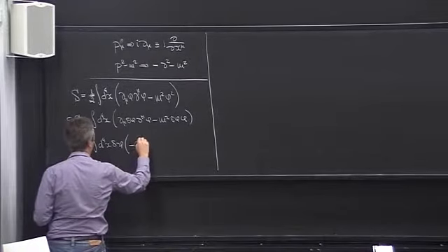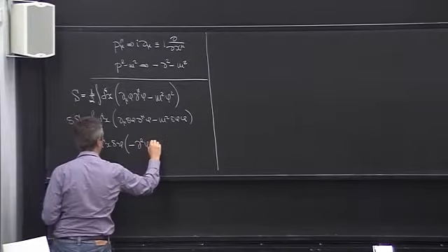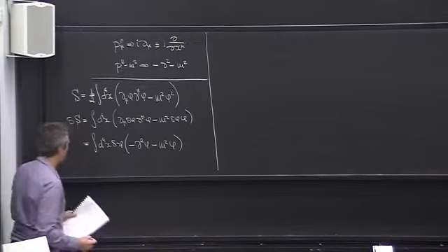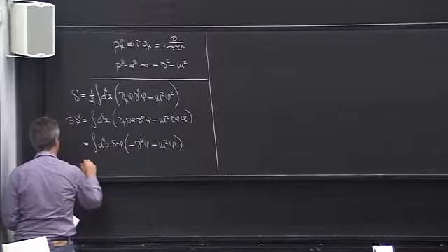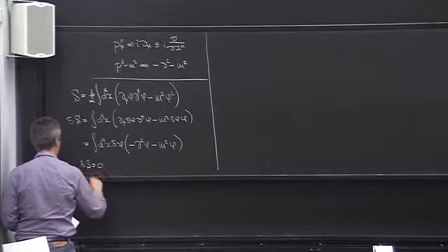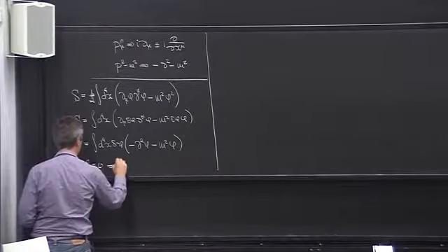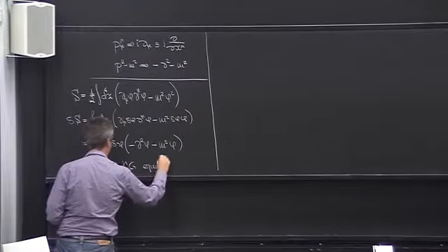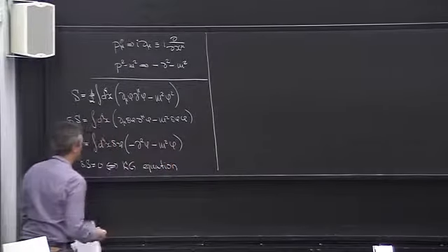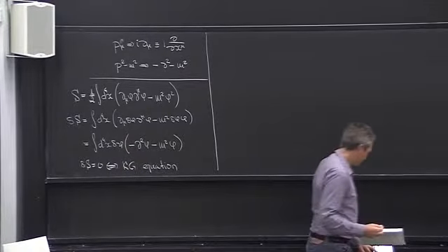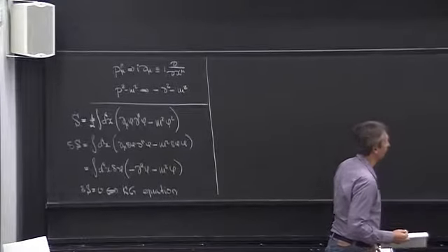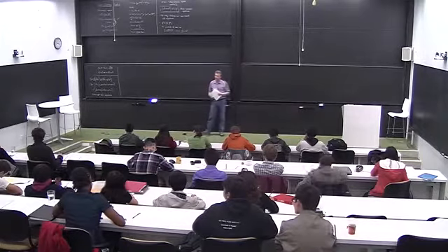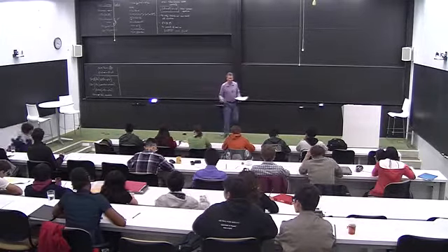And then we get here minus d squared acting on phi minus m squared phi. So you see that delta S equals 0 is equivalent to the Klein-Gordon equation. So once we have the action, we can write down the Lagrangian, and from the Lagrangian we can derive the Hamiltonian, and then proceed